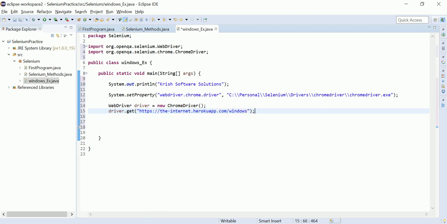Good. Next, what we need to do? I want to wait. One more wait I am going to tell you. I want to wait until the application loads successfully. For this, we are going to use implicit wait.